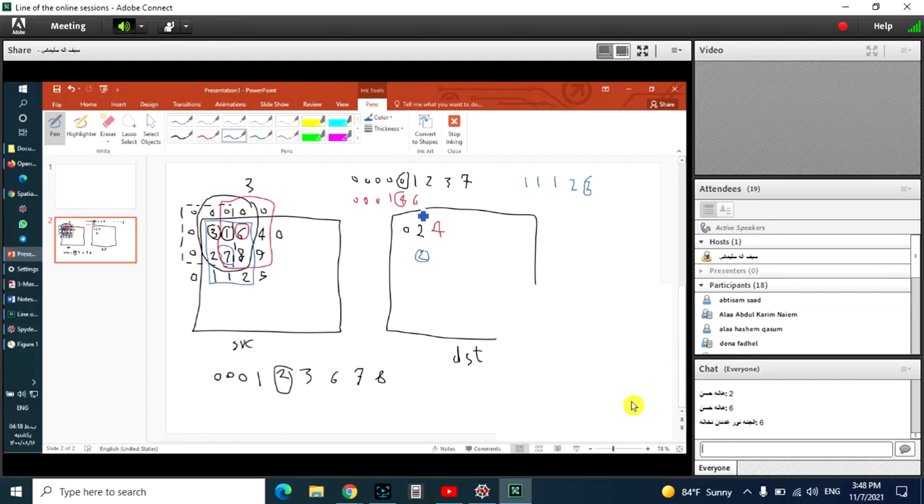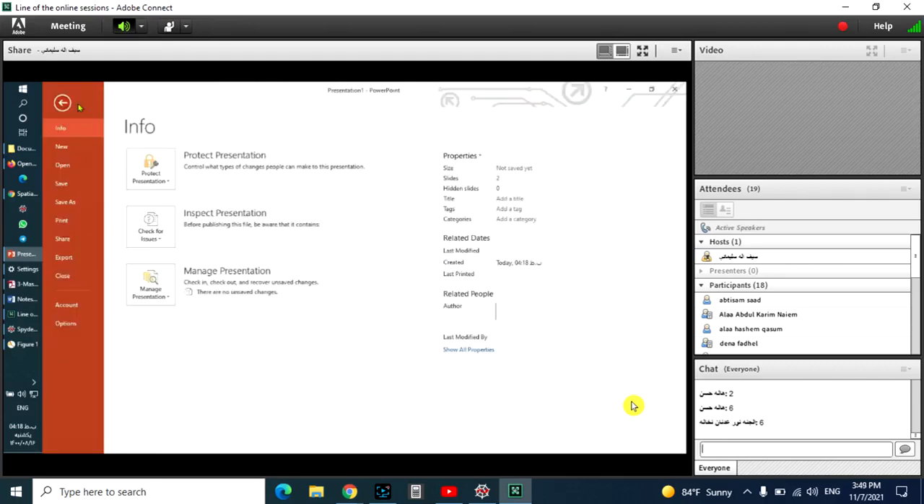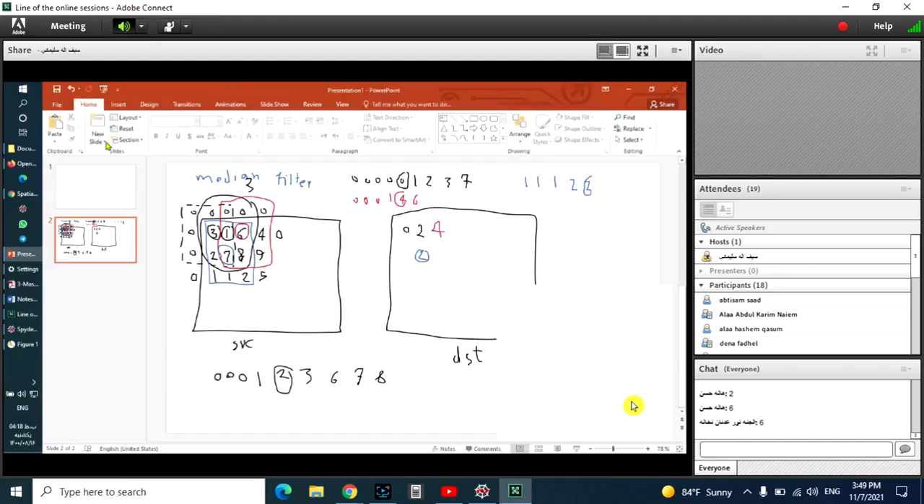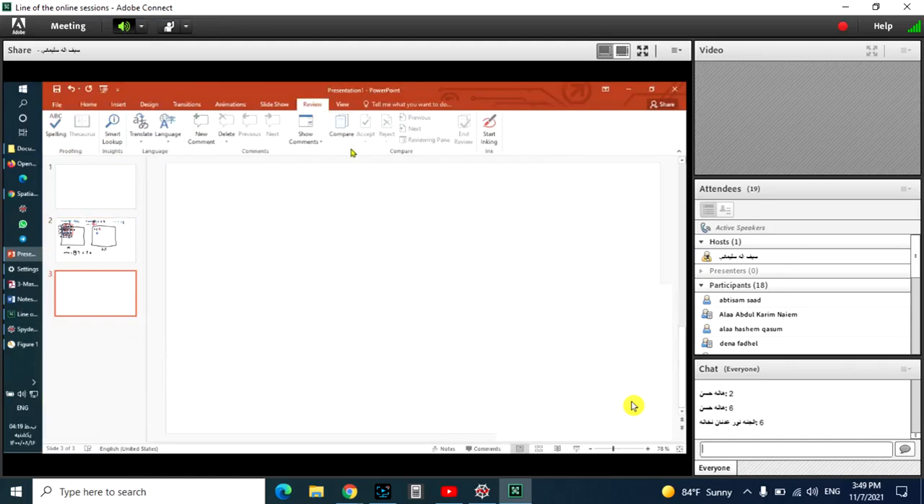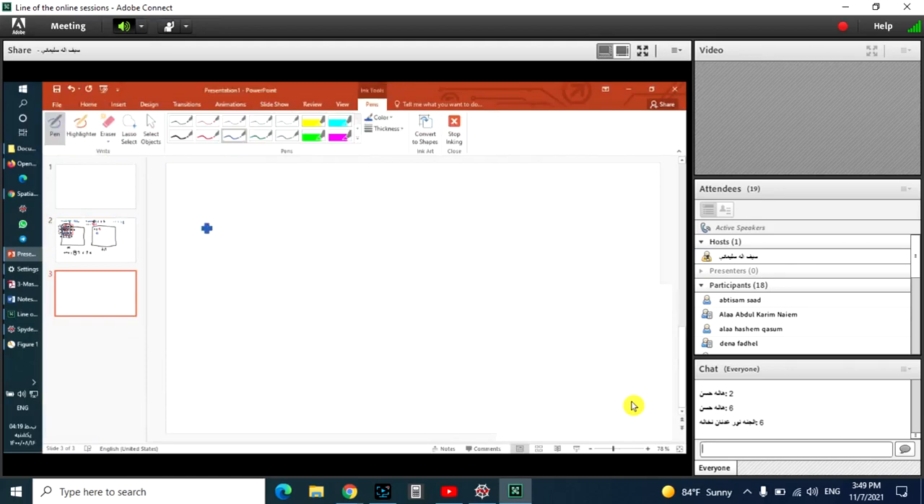But it is for the median filter, okay? What I explained here is for the median. I write it by mouse: median filter. It's a non-linear filter. Any question yet? But for the other thing,